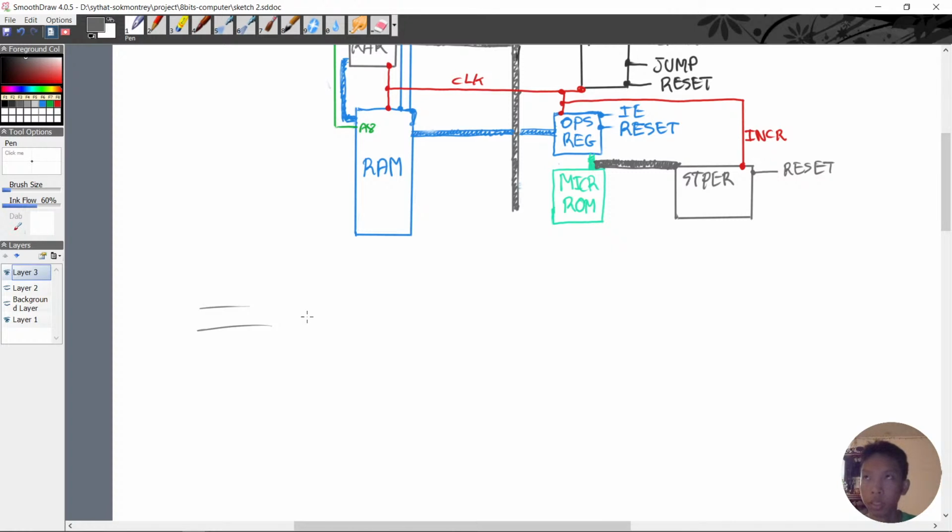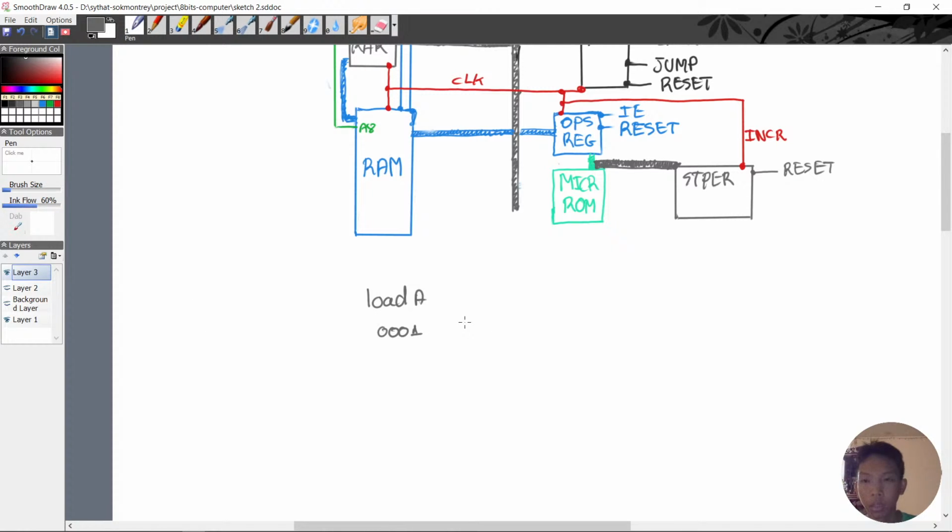So after it retrieves, there's some set of instructions, like for example, let's say load A again. The load A, let's put it into address 1,